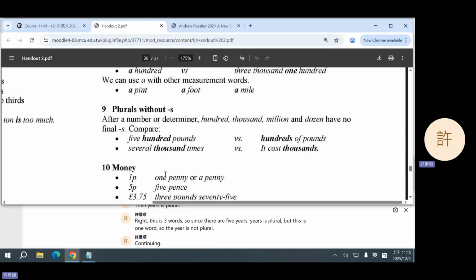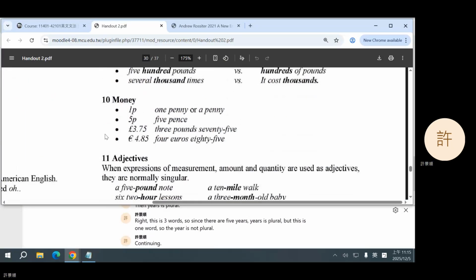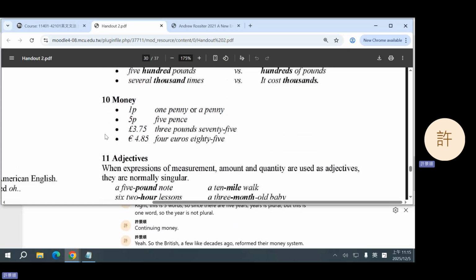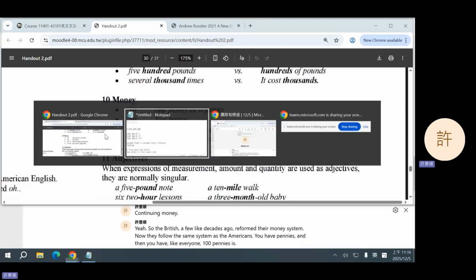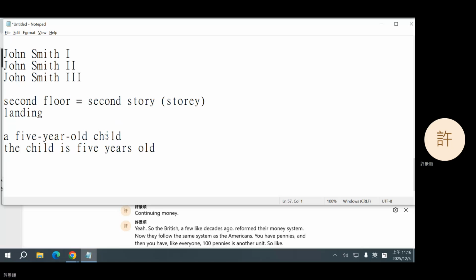Continuing. Money. Yeah, so the British a few decades ago reformed their money system. Now they follow the same system as the Americans. You have pennies, and then you have like every 100 pennies is another unit. So like let's see,